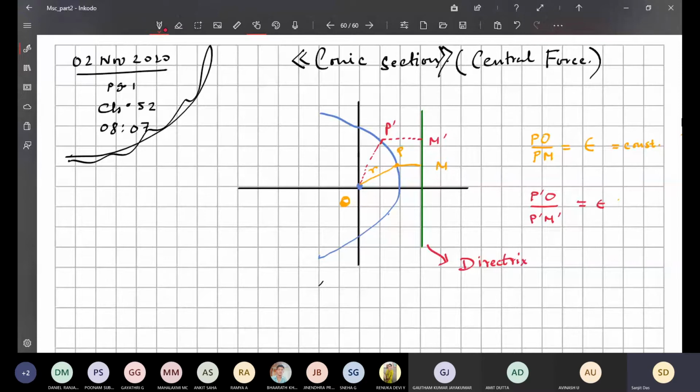A conic section, as far as I remember, at my time it was in the plus 2 level syllabus. Has it changed to some extent, or is it still there? Still there, sir. Yeah, fine. So this is directrix, and what other name is there? This O has a name. What is the name of the O?